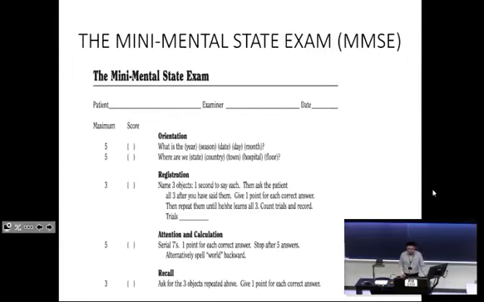So, going over the two assessments. The Mini-Mental Status Examination is probably older than everyone in this room by a fair amount. It's over 40 years old. I hope I'm not aging anybody. But the thing to keep in mind was that the very idea of Alzheimer's disease didn't really exist.